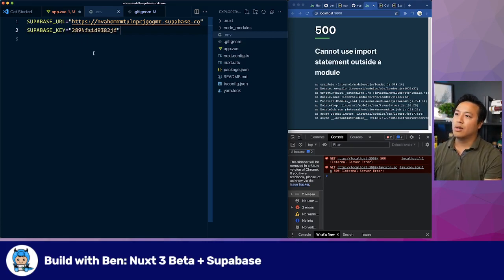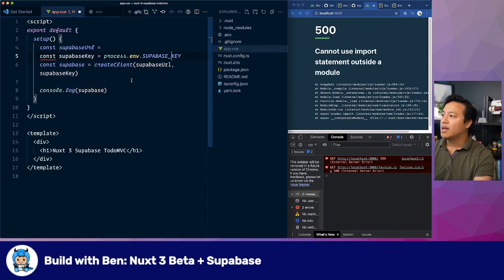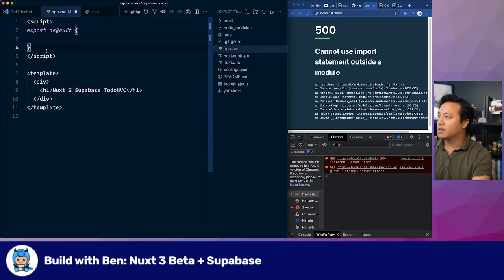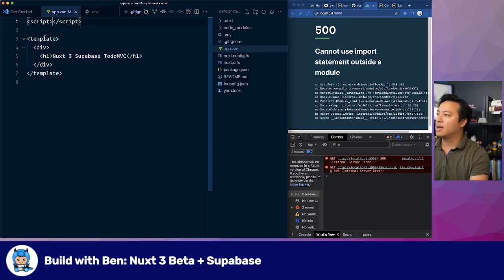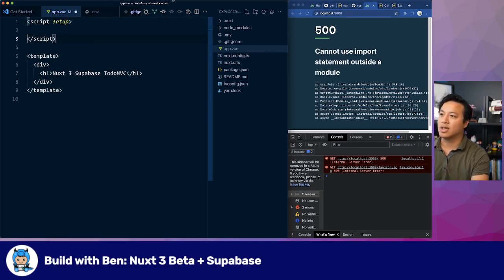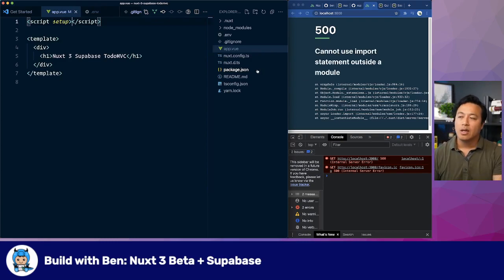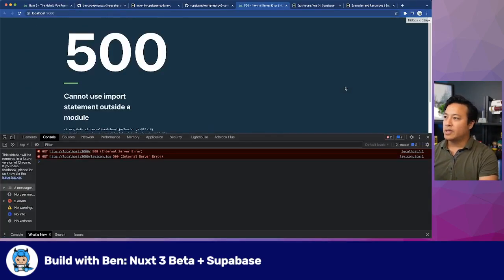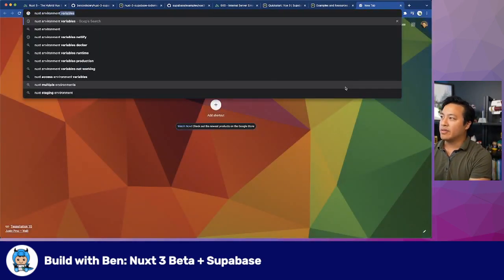The nice thing about this is that you protect your API keys. Those are generated and then they're protected from your Git repo. And the way you access this is, okay, this I can use script setup for. Tried it earlier. Okay. So one of the things, if we take a look at how Nuxt does environment variables,